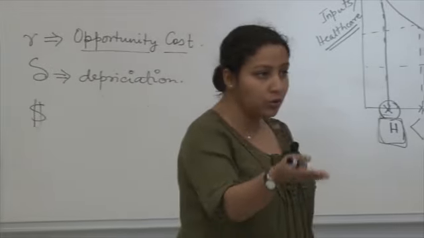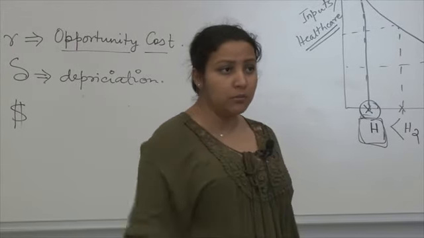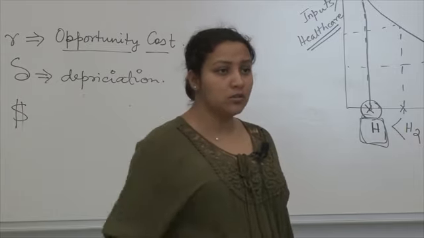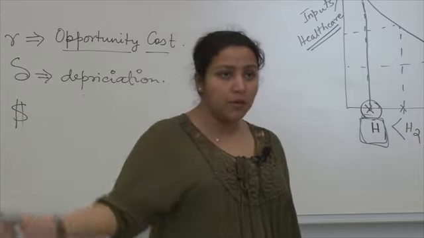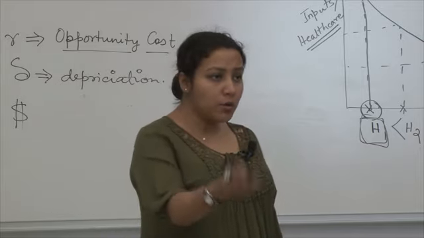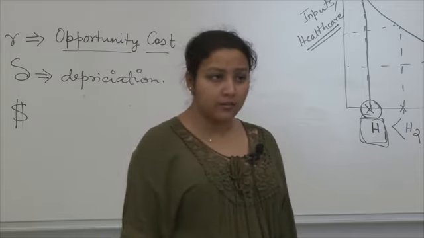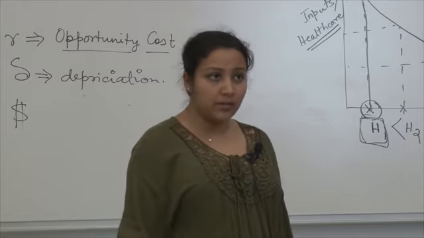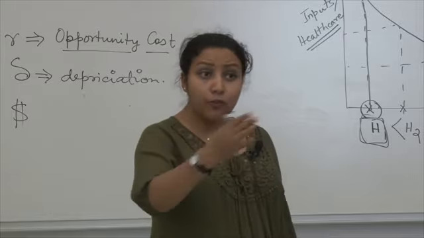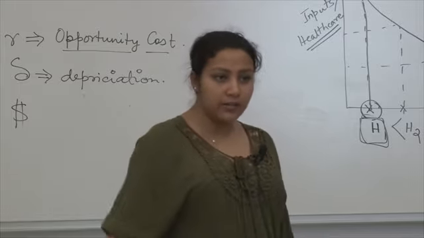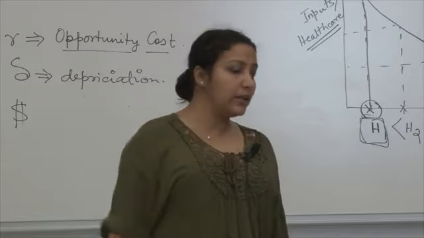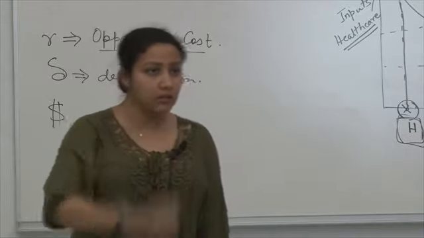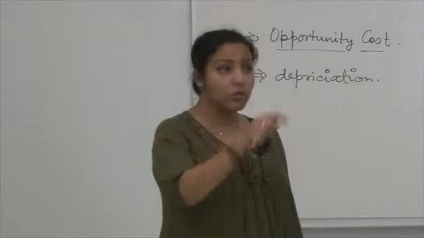Because accountants would just look at how many dollars go out of your pocket. Let's say this month you went for office visits 2 times, you filled in prescription 2 times, and you went for a therapy 2 times. An accountant would just add them up and say that is your cost. But what about the time, the 10 days you lay in bed, and the 10 days of income that you probably gave up, right? And before those 10 days, if you were sick for another 10 days, what about the depreciation that your health has taken? What about the decrease, the disimprovement in your health stock that has taken place in all those 20 days? That's also a cost to you.